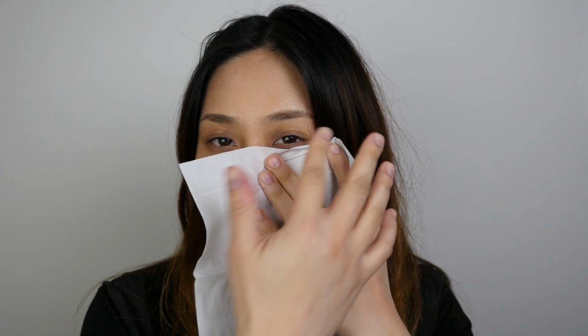You can either, if you have already done your base, just put a tissue paper here, which is what I sometimes do, just to catch any fallout, and apply your eyeshadow. But before I do any of that, I'm going to start with a base, and I'm going to use the NYX Jumbo Eye Pencil in Milk